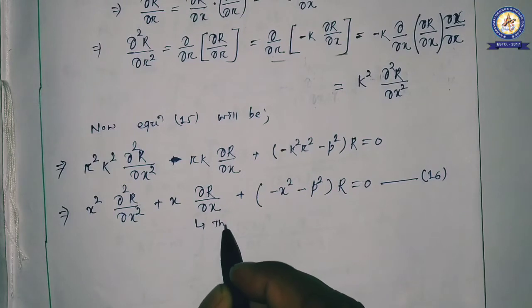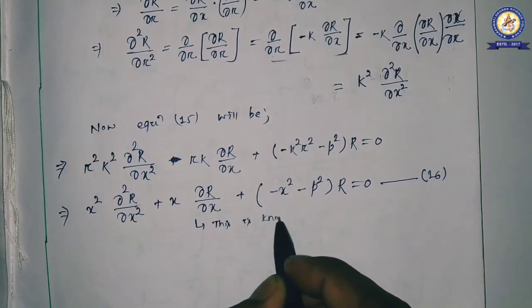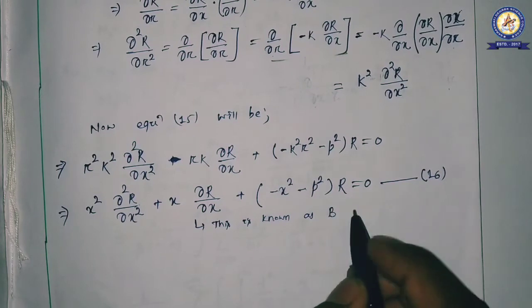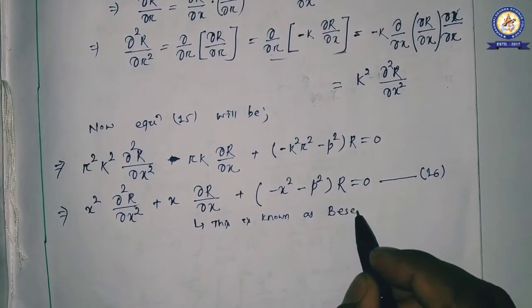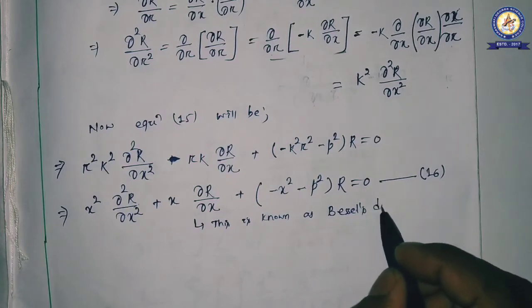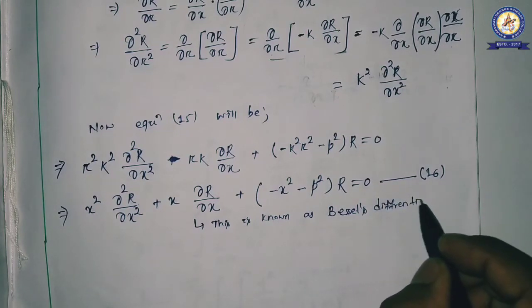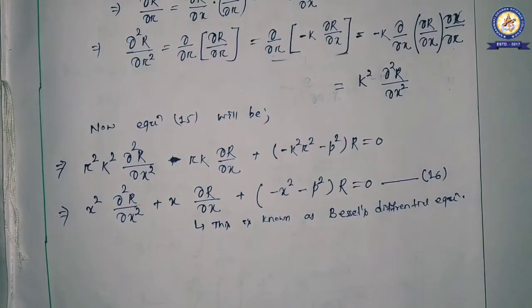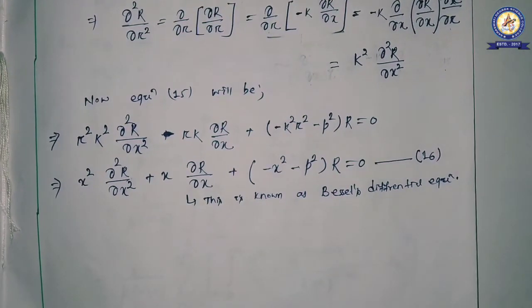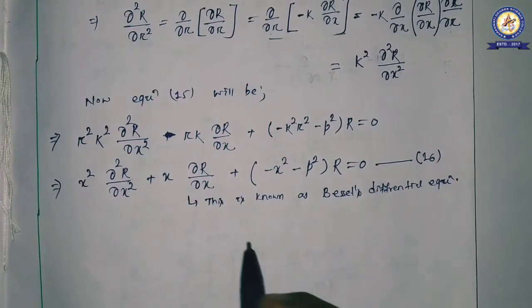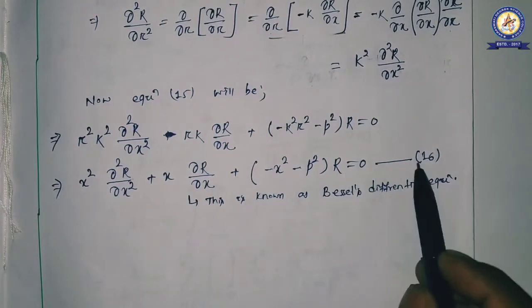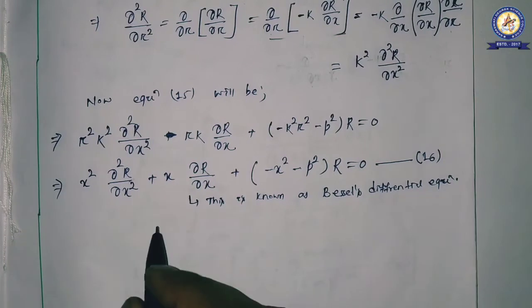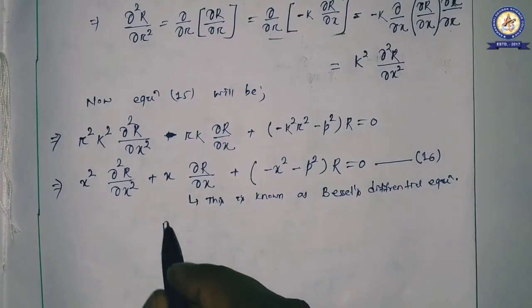is known as Bessel's differential equation. And the general solution of the Bessel differential equation, or you can say the general solution of this equation number 16, will be R equal